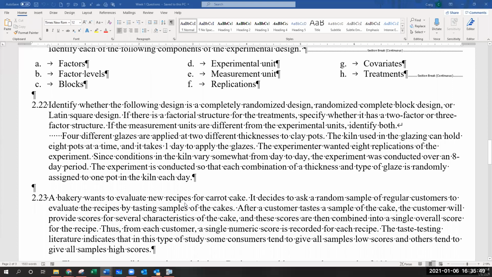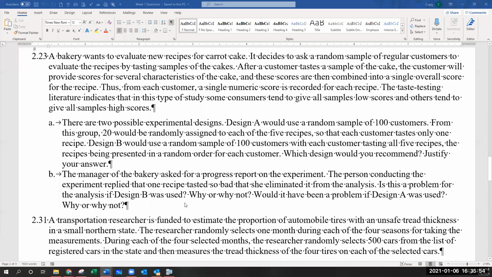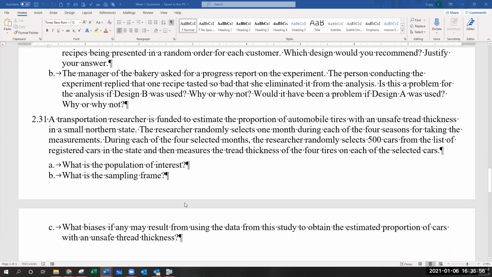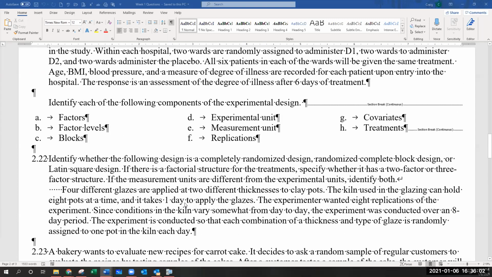All right, I know we went over 22. We talked about 23. I was just going to say, all right, so we've covered A, B, C, D, and E. Now, how about F and G and H? Okay, well, what do you think F is? Replications basically talks about how we're doing this. So we've blocked things by hospitals.